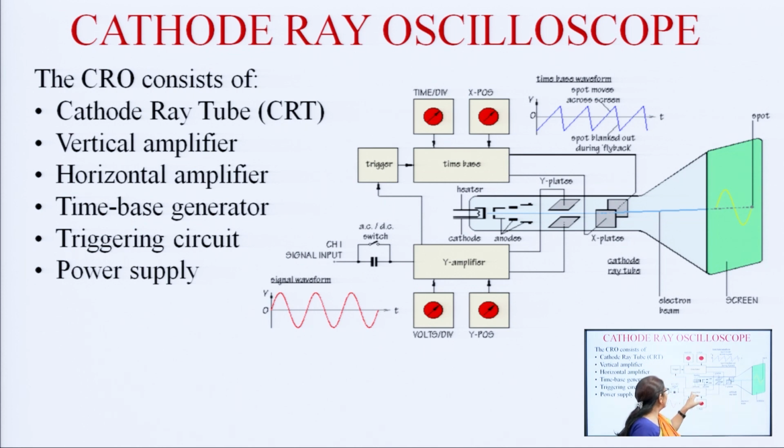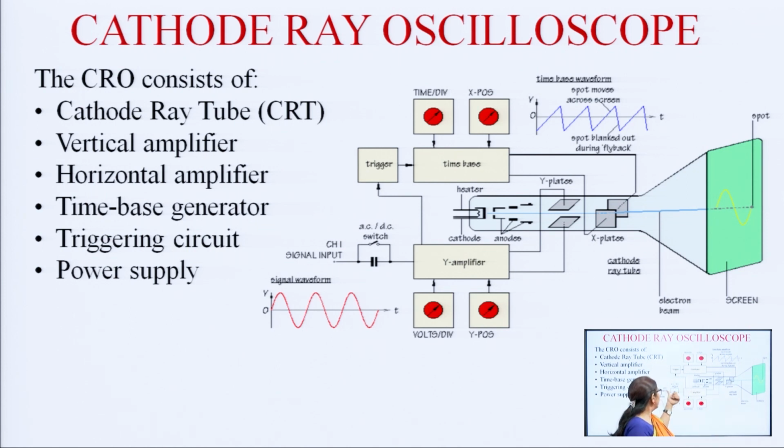If we see the vertical deflection system, the input signal is fed to the Y amplifier of the vertical deflection system through the probe. The characteristic of the probe is that if it is an attenuator, it will attenuate all signals by the same factor. The attenuation factor of the probe is the same for all frequencies, whether we are measuring DC voltage or AC voltage of high or low frequency, it should provide the same amplitude for all signals.